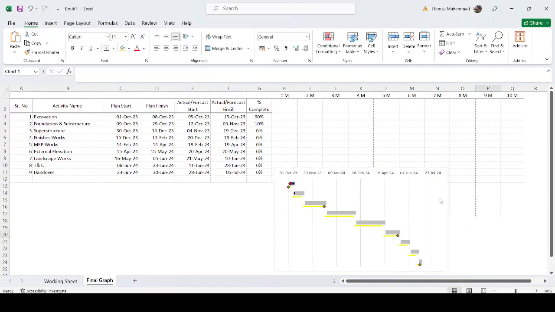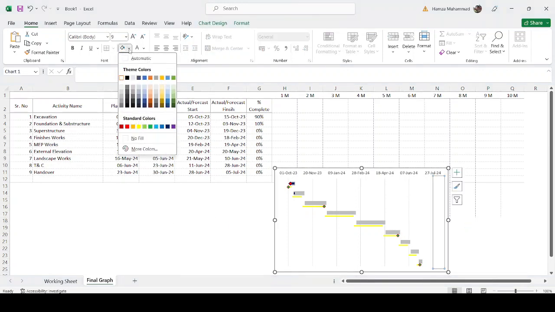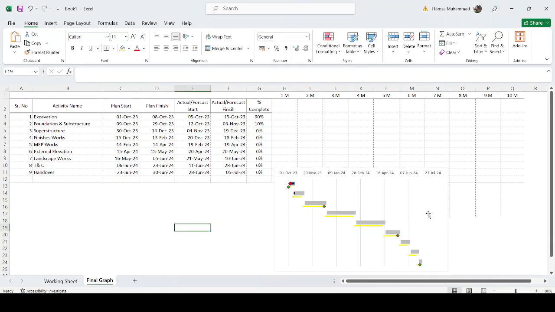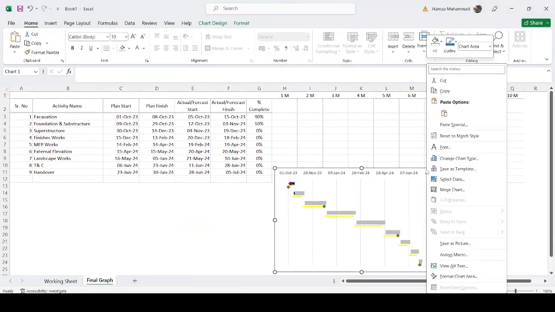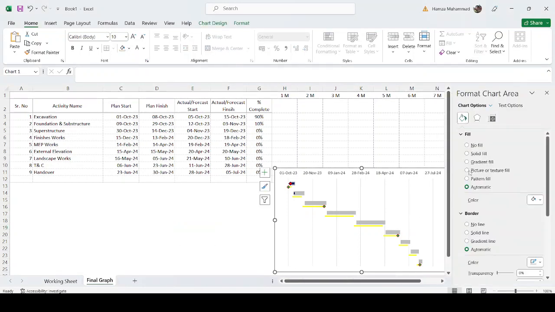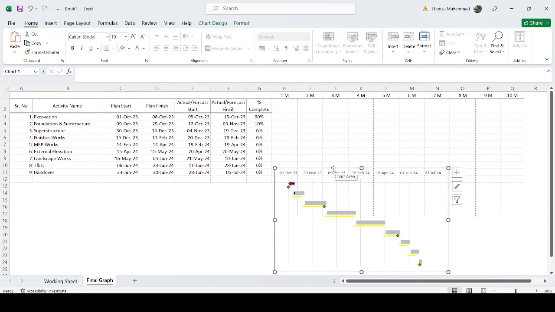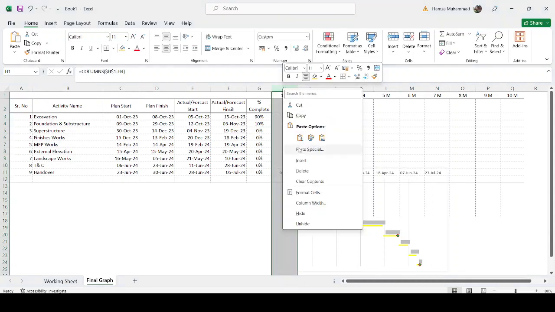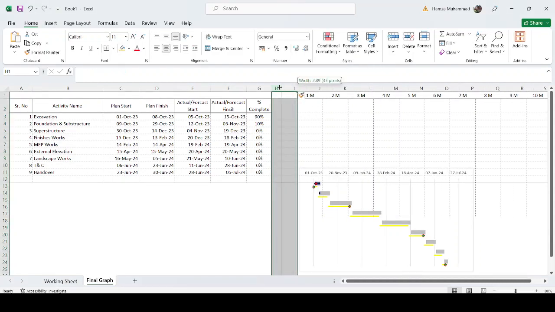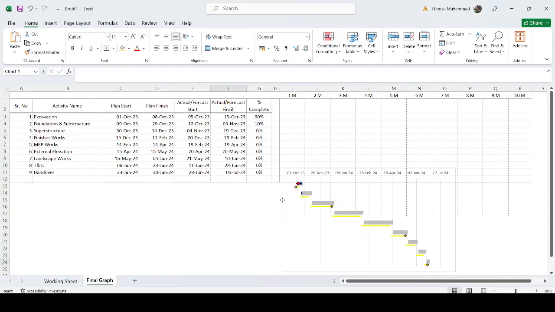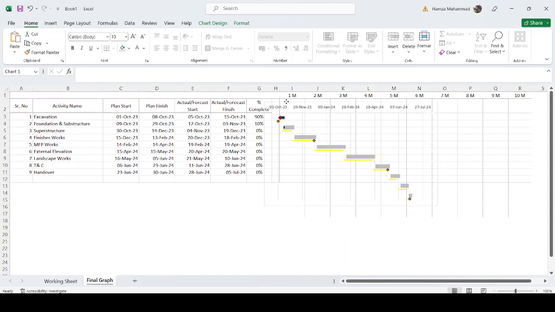Okay, and then select this one and make it no fill. Similarly, select our chart, format chart area, and go to no fill. Now you can see we can see through our chart. So now we select our chart and bring it to the top. Before bringing it here, I prefer to add one more small column for working purposes. We can delete it later, and then we just bring it to the top and assign